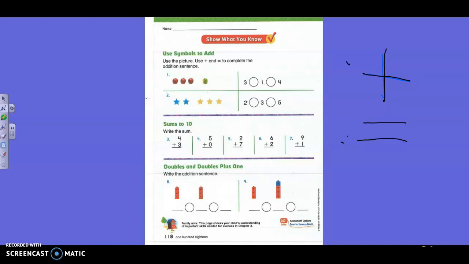This looks like kindergarten stuff. Okay, well then you should have no problem getting it done. It is